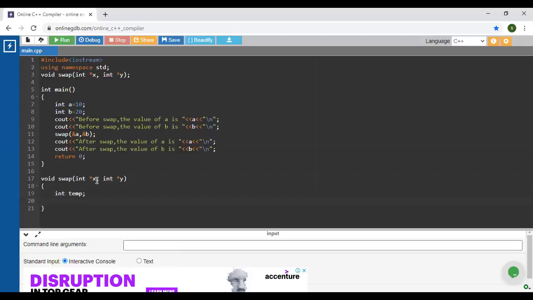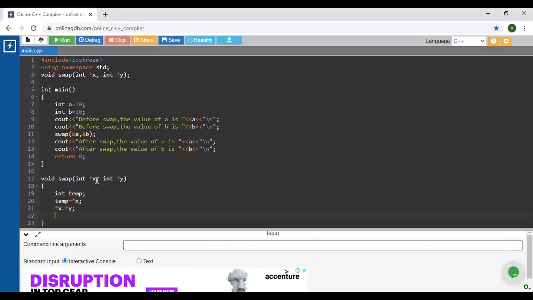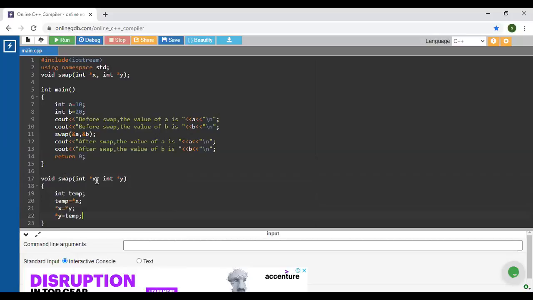Next, perform the interchange operation: temp = *x, then *x = *y, and then *y = temp. I will show you what is the value of *x and *y in this case.